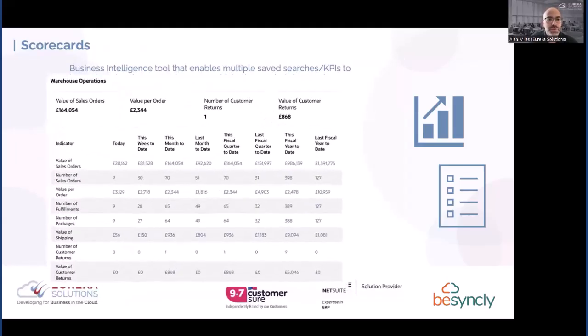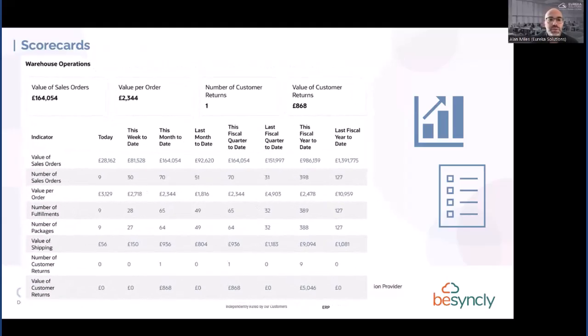Another example here is the warehouse operations scorecard. So this one is looking at more comparing financial information about orders and fulfillments going through the warehouse. So it can automatically calculate. We've got a saved search in the first row there for the value of the sales orders, a saved search then that shows the number of sales orders for the same period, and then the third line works out the average value per order for you for the same periods there. So you just see that